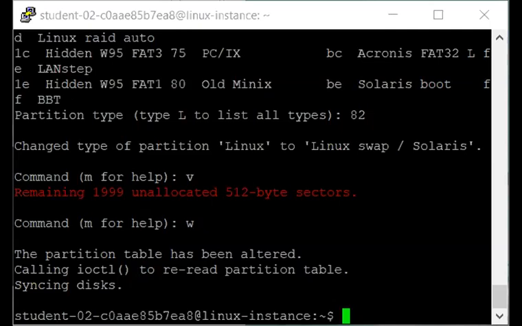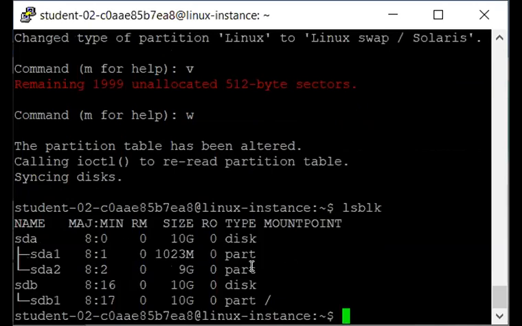Okay, so again lsblk. Format the second partition in your unmounted drive, that is sda2, to ext4 using this command: sudo mkfs -t ext4 /dev/ followed by the block device we want to format.